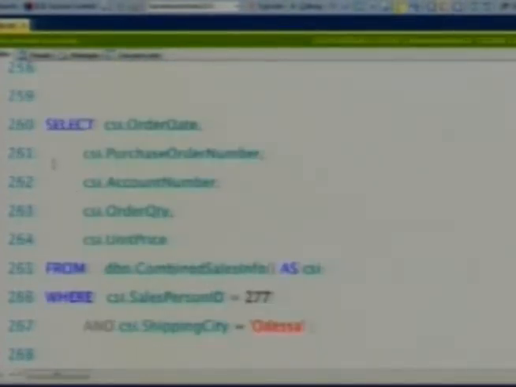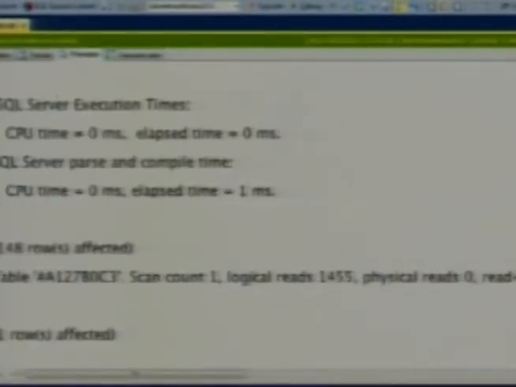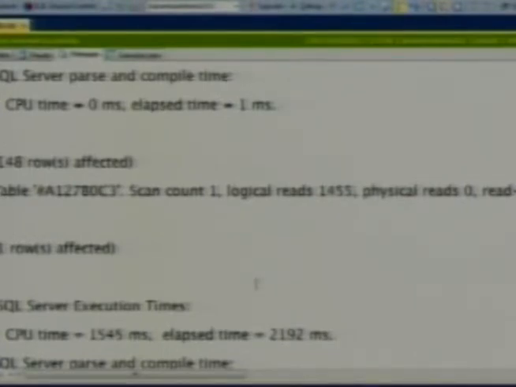And now I can run my query, pass in a couple of values, and it will come back eventually. There we go. It's actually a little faster than yesterday. 1,400 reads, 2.1 seconds. All right, in the execution plan, I did get a little table scan here. No big deal. But the function didn't cost anything. It's free. By the way, you know that this is an actual execution plan.